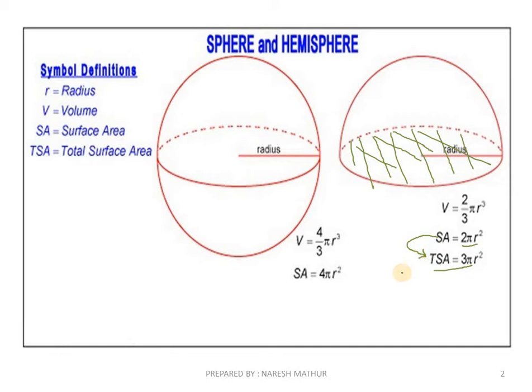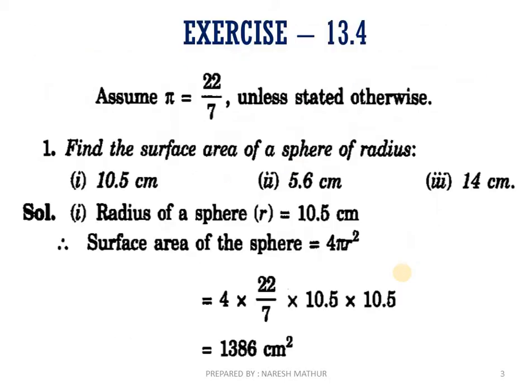Alright, now let's start with the exercise. We have a question. We need to find the surface area of a sphere of radius. Radius are given first 10.5 centimeter. We just need to put the value of r in the formula. So 4 pi r square, pi is taken as 22 by 7 into 10.5 into 10.5, and as result we'll